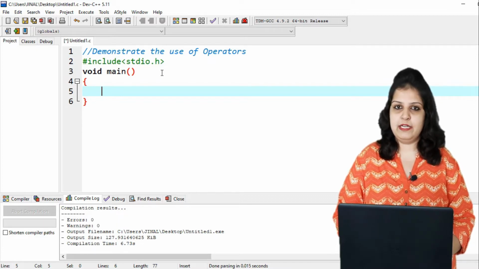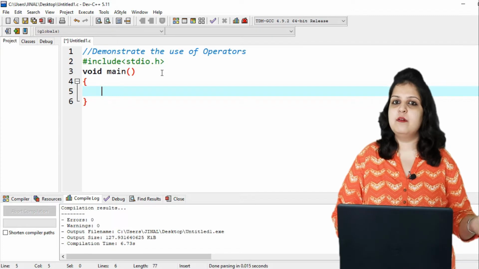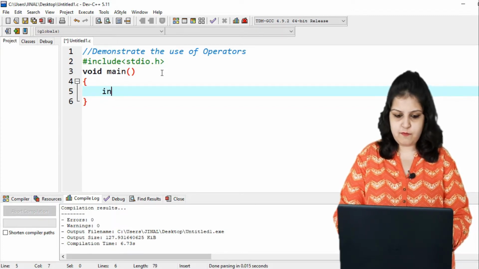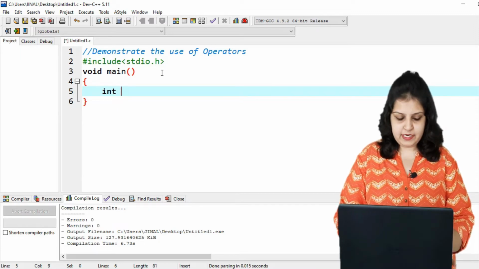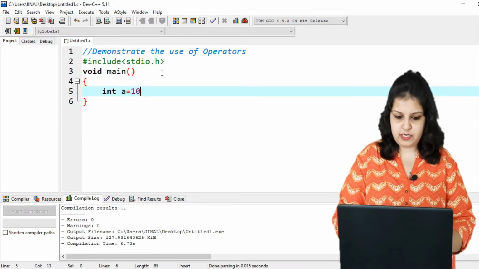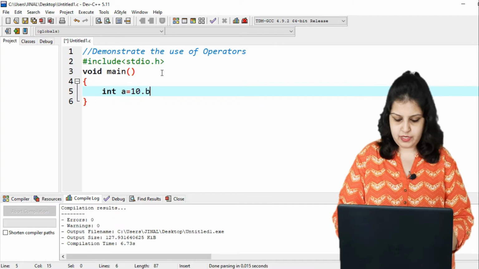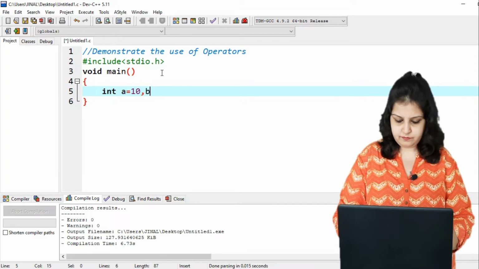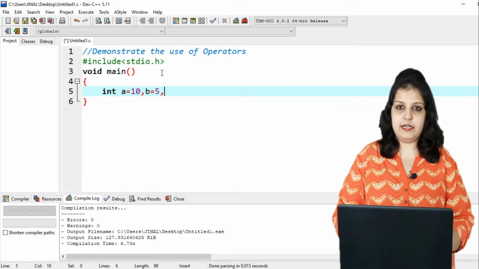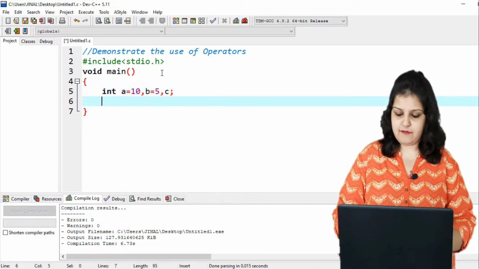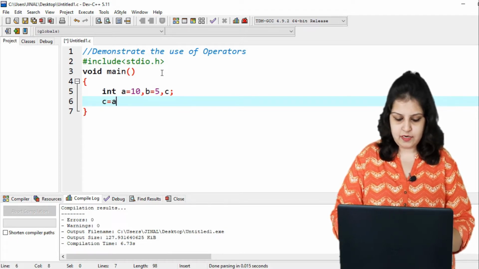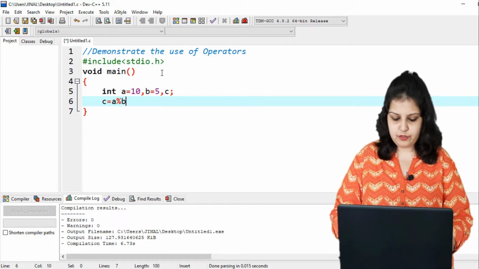We already know about plus, minus, division and multiplication, so just see the use of the modulo operator. I am declaring two variables with values, a is equal to 10, b is equal to 5, and one more variable, c. Our answer will be stored in c, and I am writing c is equal to a modulo b.